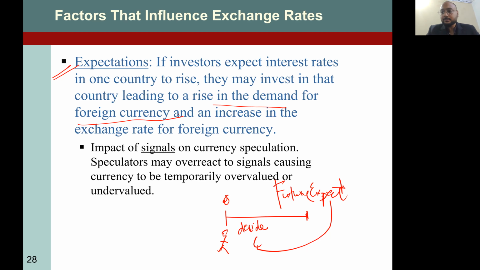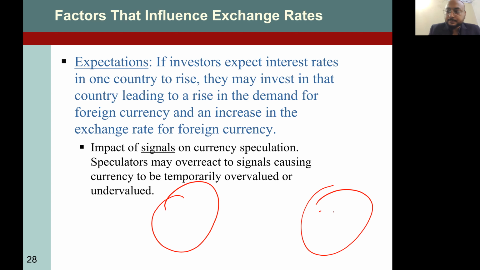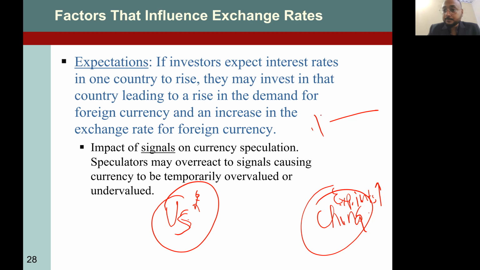How are we going to apply this? For example, the US and China. Right now you are here in the US, and you expect that interest rates are going to be high, relative interest rate, remember that one, in China. Let me write down: expected to be high. Right now at point zero, this is the future expectation. Right now you are here, you will take your money, convert it into yuan, and invest in Chinese banks or Chinese bond securities or debentures whatsoever. Now, what will happen? They may invest in the country, leading to a rise